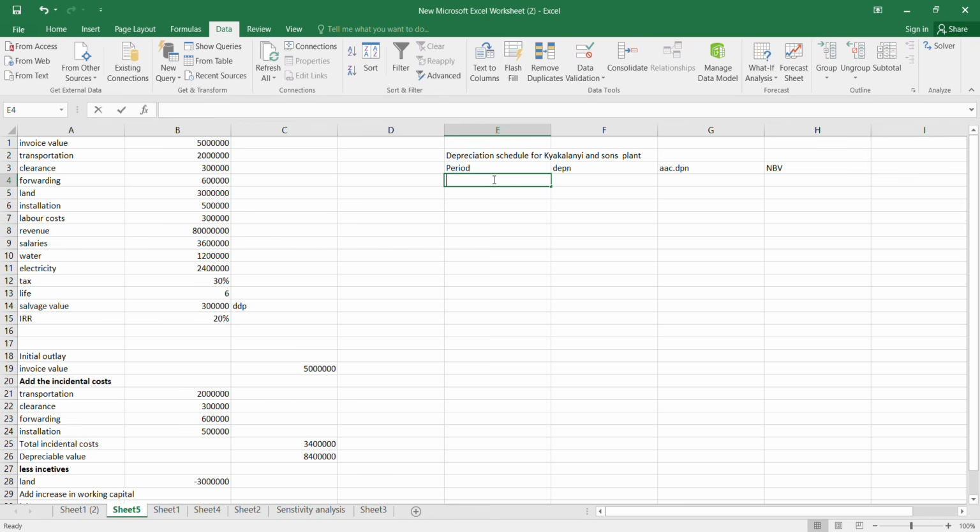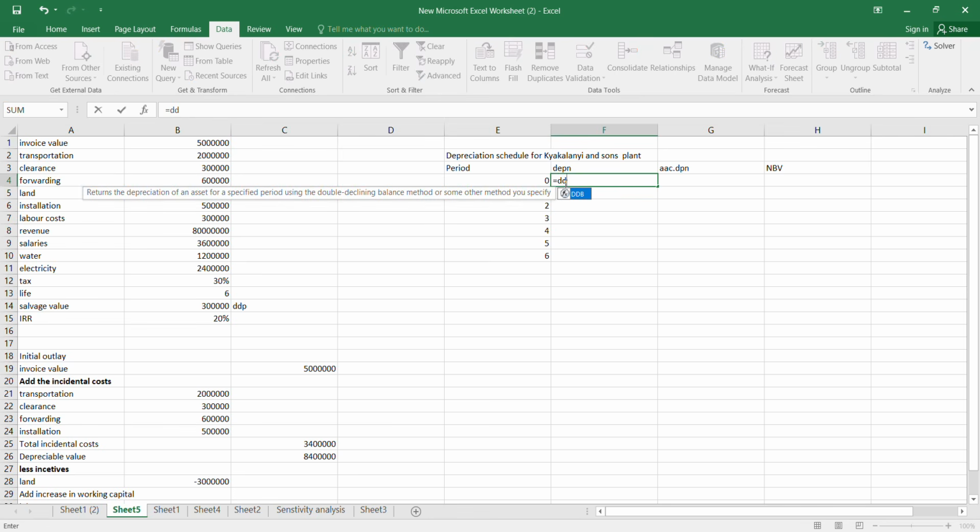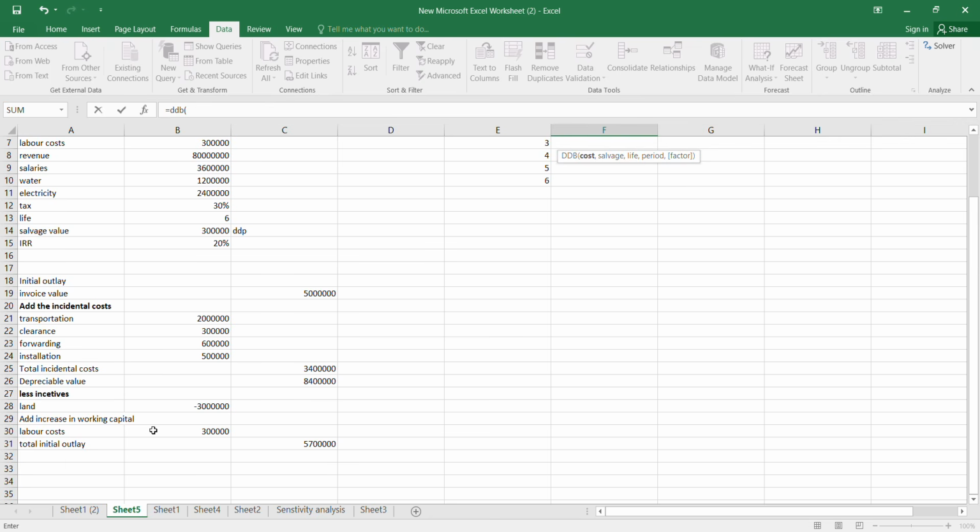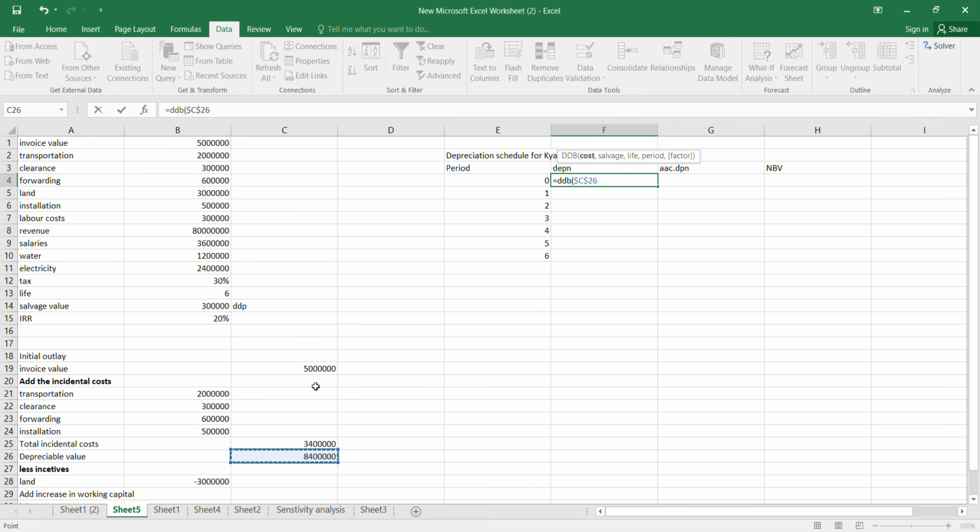They told us it's for 6 years, so we shall have 0, 1, up to 6 years. Then for depreciation, they told us that we decline, so DDP, telling us to take the cost. In this part we are going to take the depreciable value. We fix it. Then they're telling us to take the salvage value, which was 300,000. We also fix it. Telling us also to take the life,